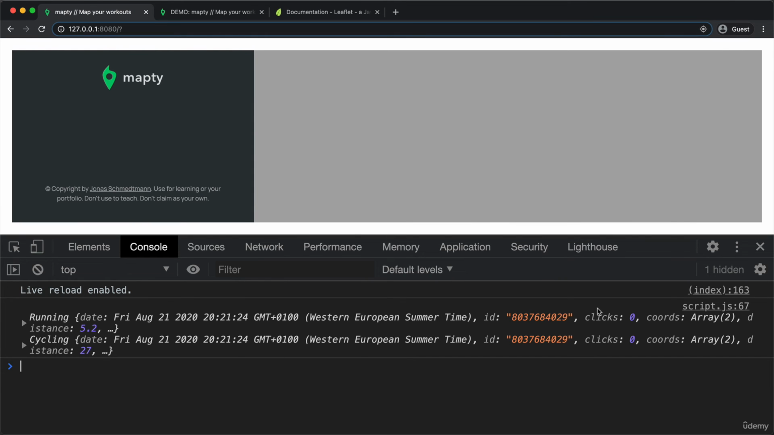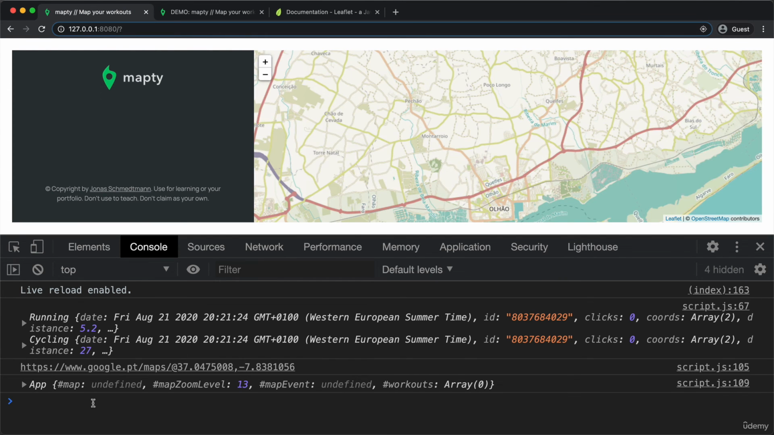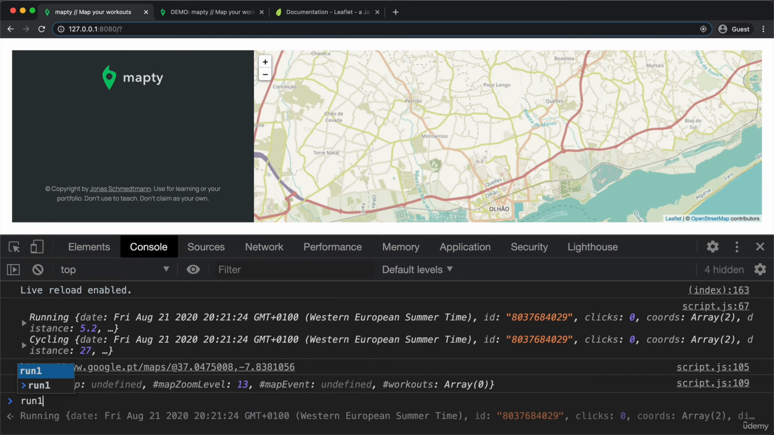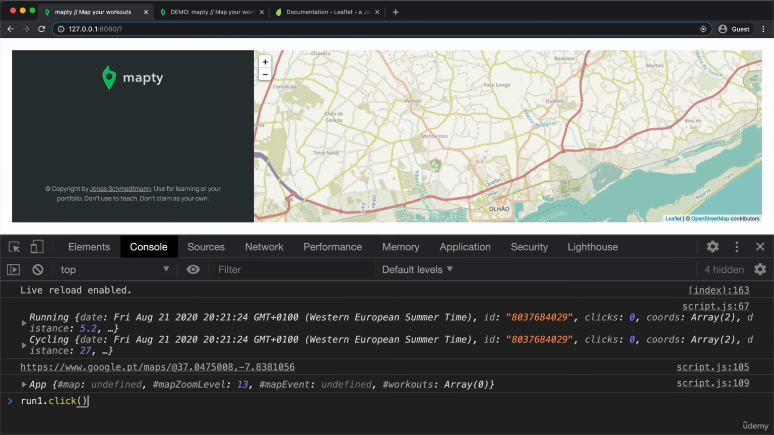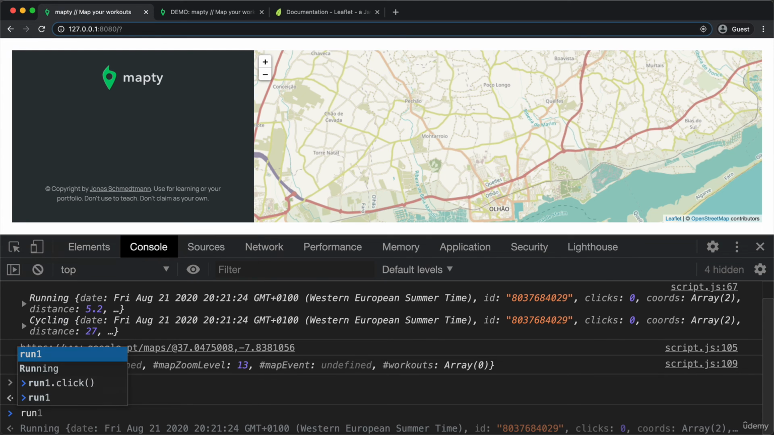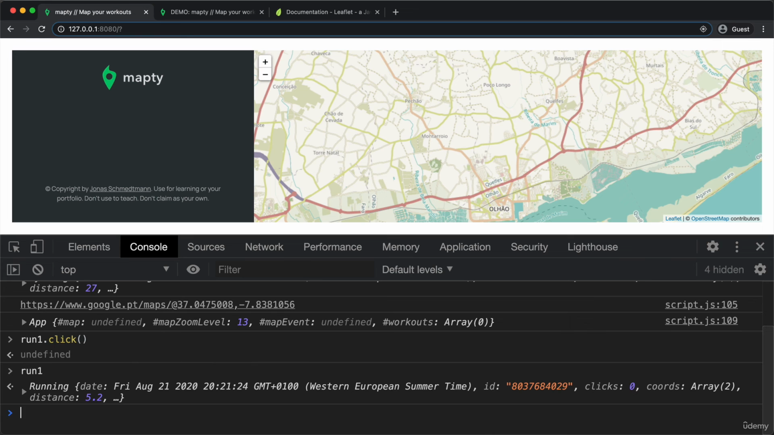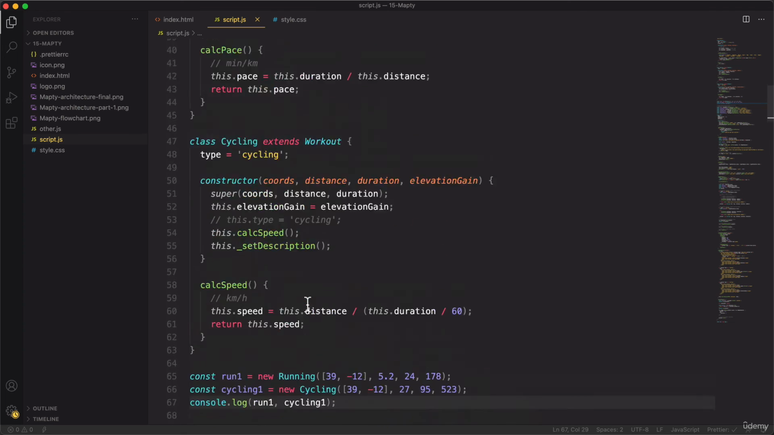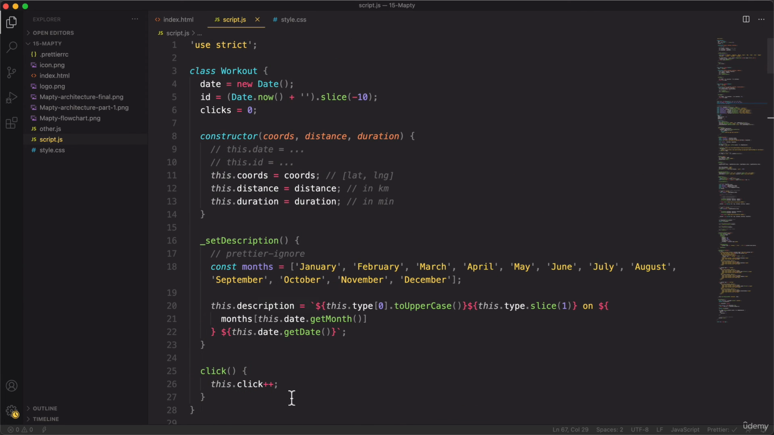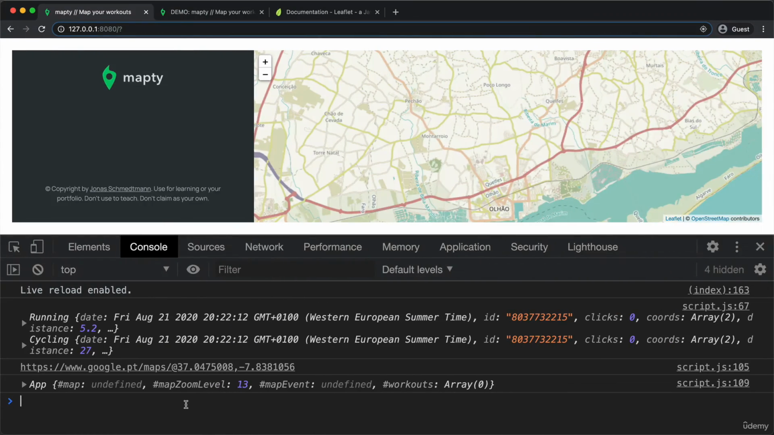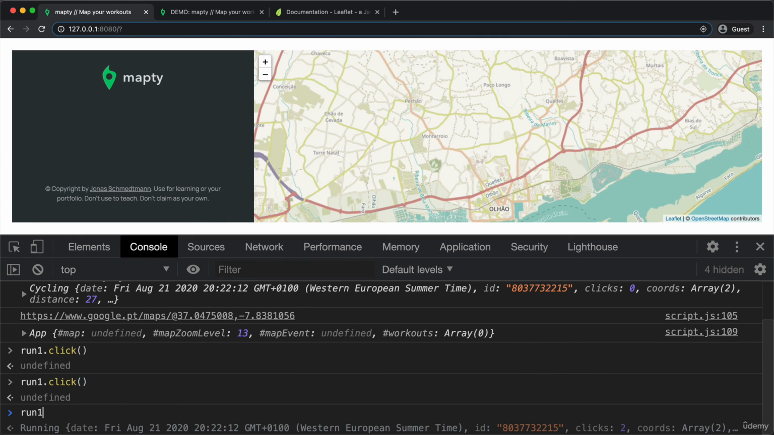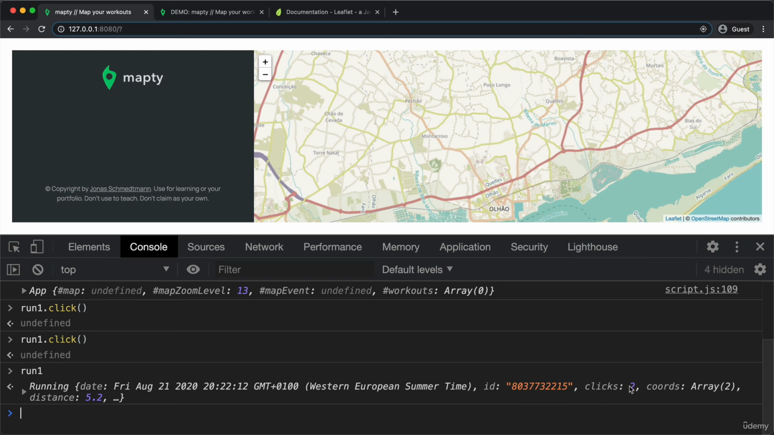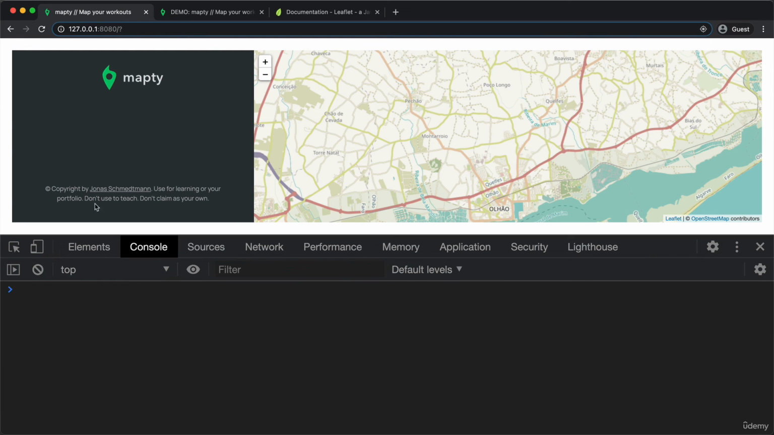So you see that both of them have the clicks set to 0. And so let's use run1.click like this. And then as we look at run1 again, then the clicks is still at 0. So something is clearly also wrong there. Okay, so here this needs to be clicks, but I'm not sure if that was the actual error. Okay, so now the clicks increased to 2 here. So let's now check